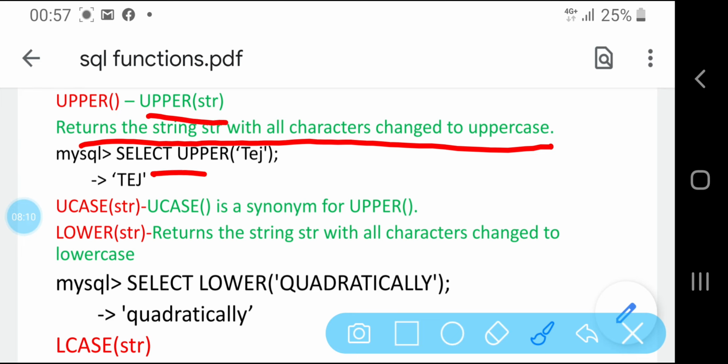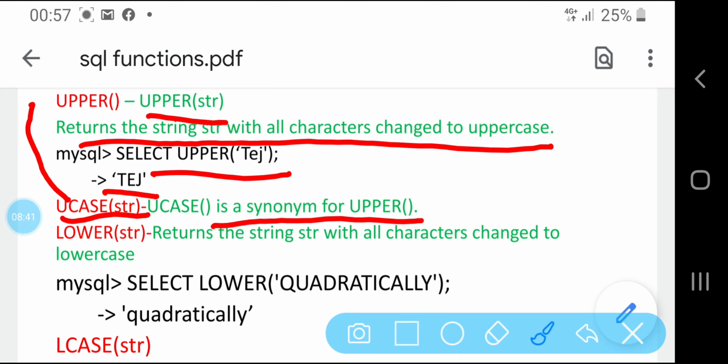Here you can see the example, select upper TEJ, where T is capital and E and J are small. The output is TEJ, in uppercase. This is how the upper function works. Upper is similar to UCASE; UCASE means uppercase, so it is a synonym for upper.